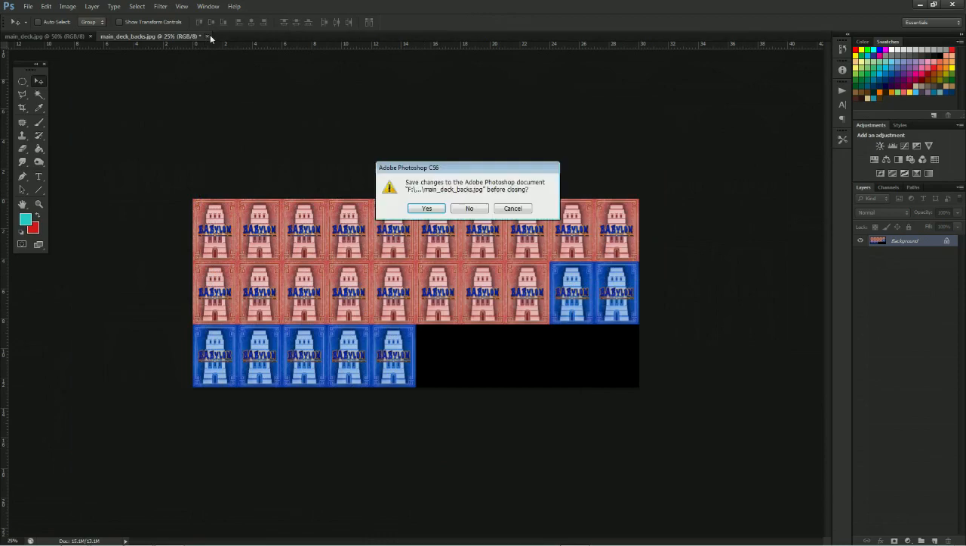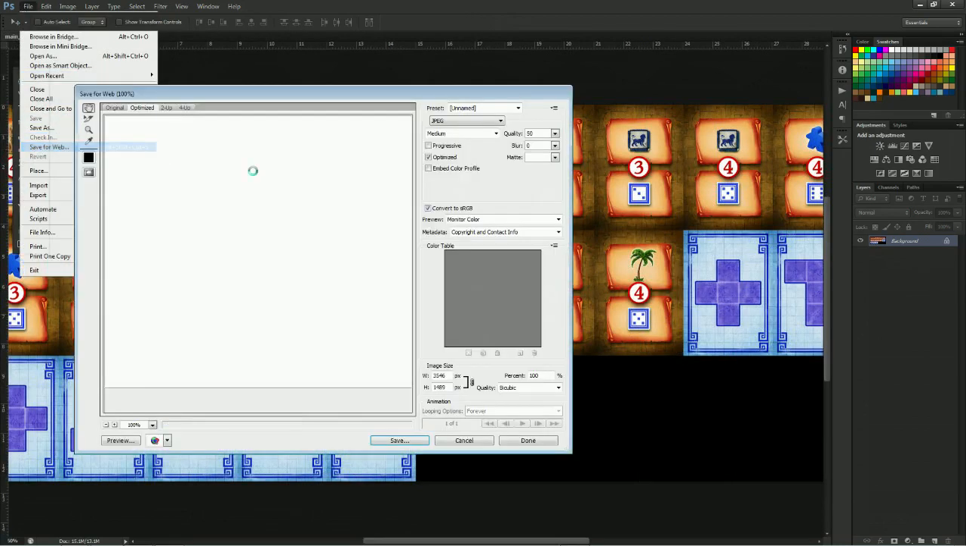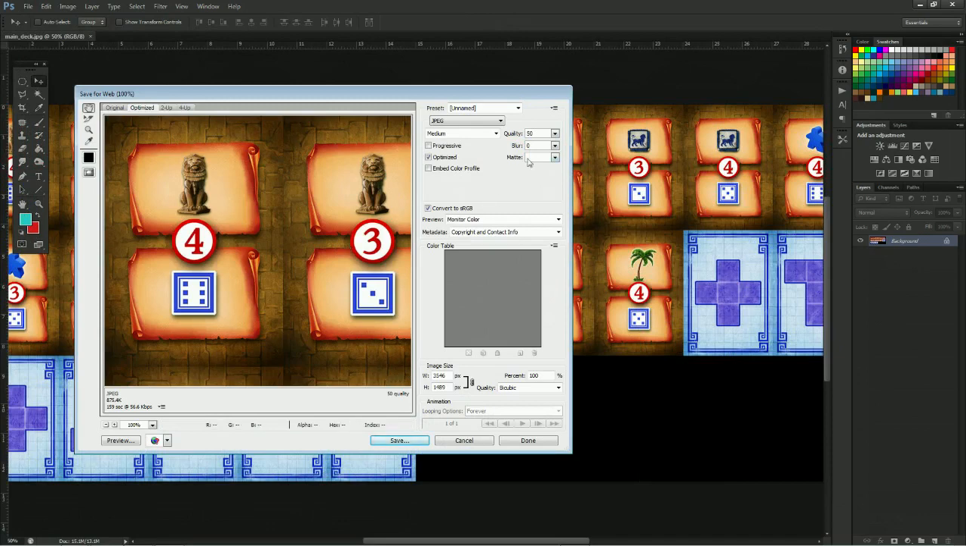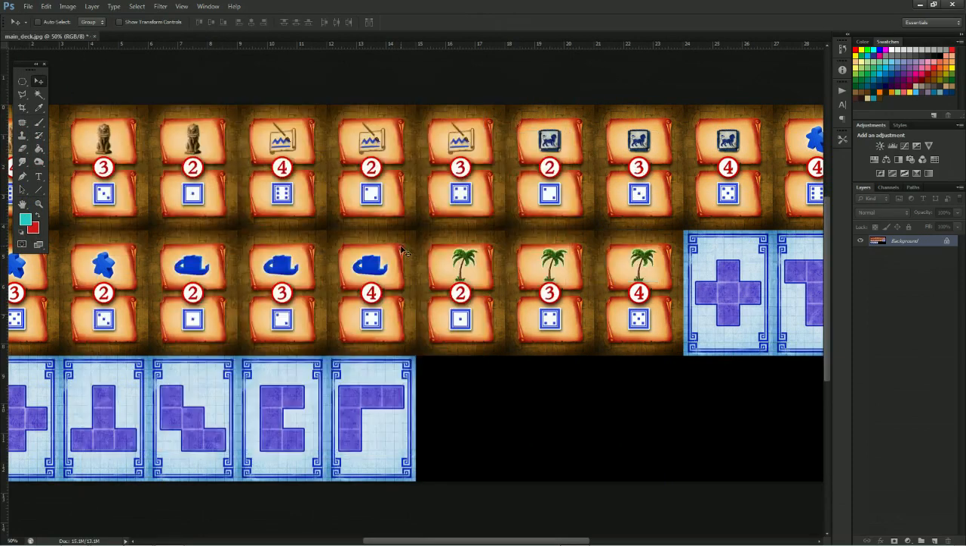Okay, and then I'm gonna do the same here. Alright, so with the web compression I even made it a bit smaller. Alright, so now it's time to go to Tabletop Simulator